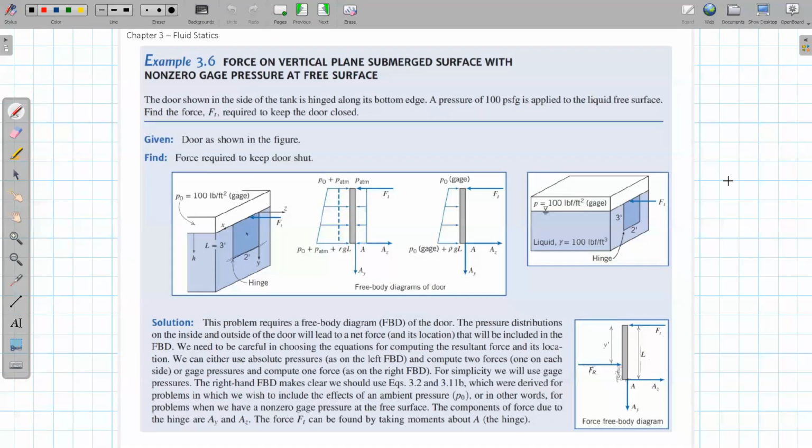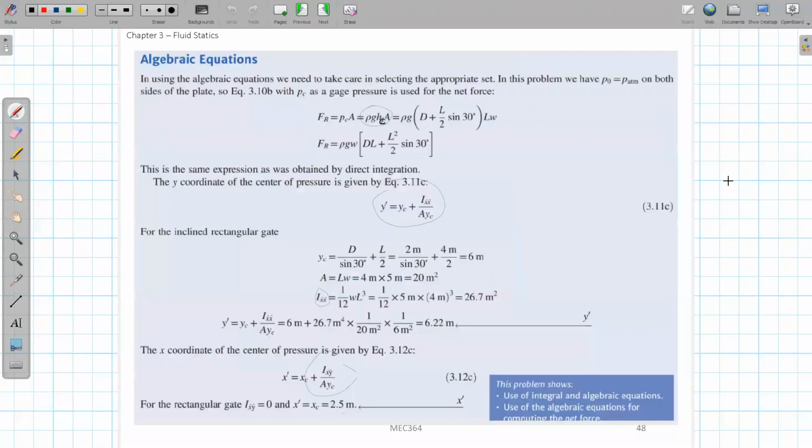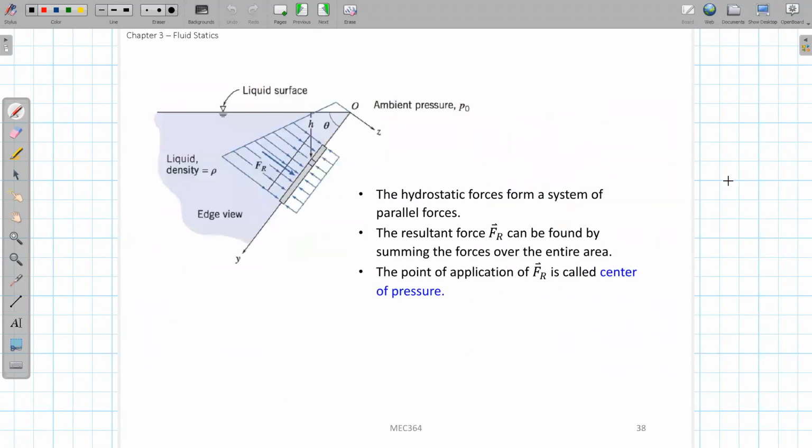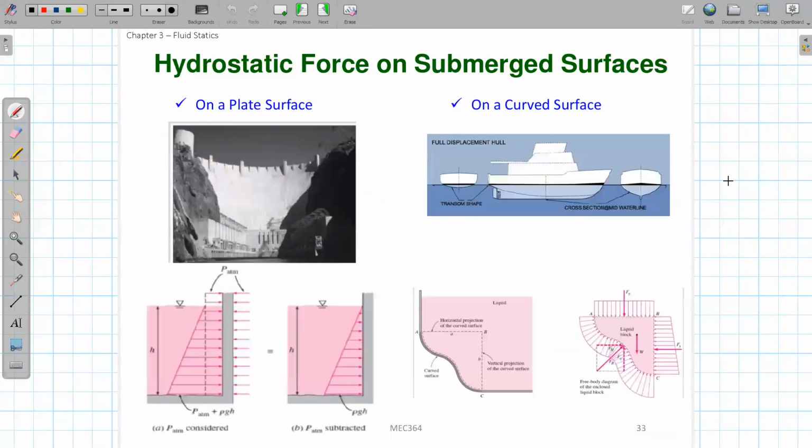And remember that in the beginning we talked about two types of submerged bodies. Now we finish the first one, a flat surface, and the next one is where the surface is not a flat plate,